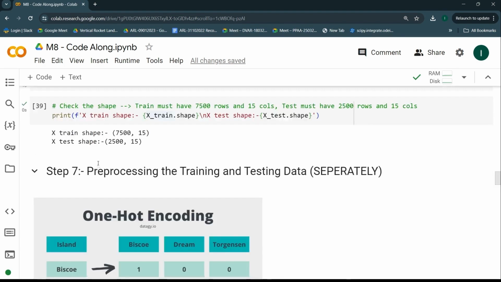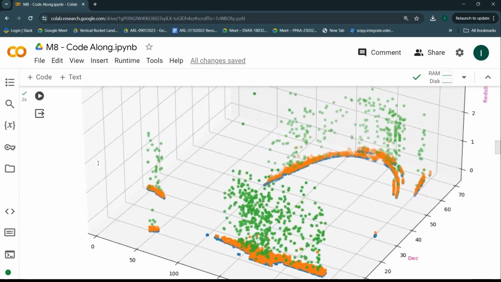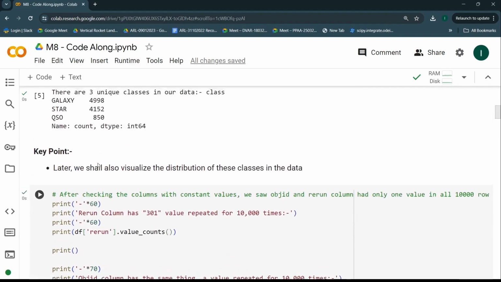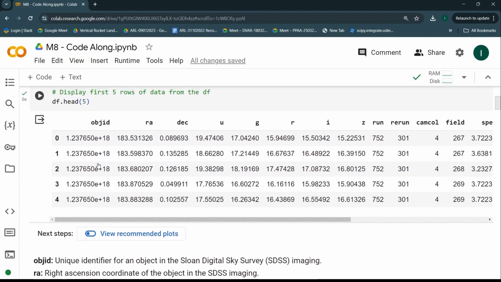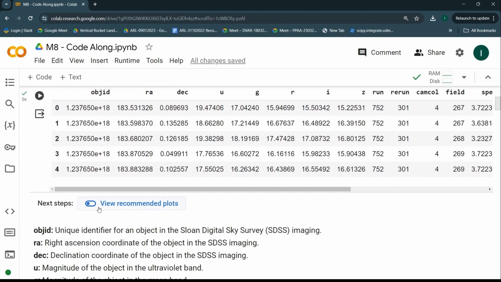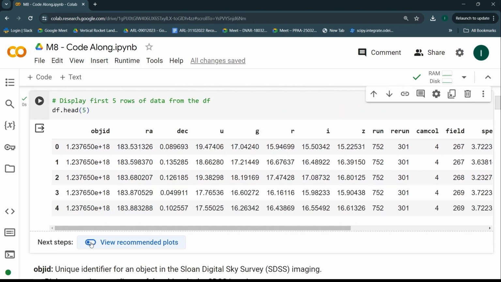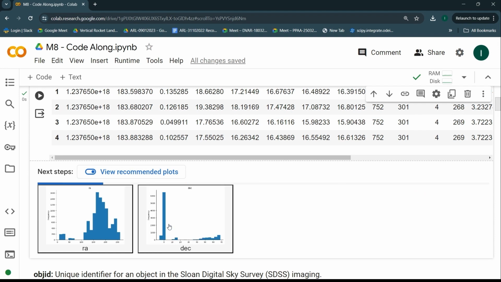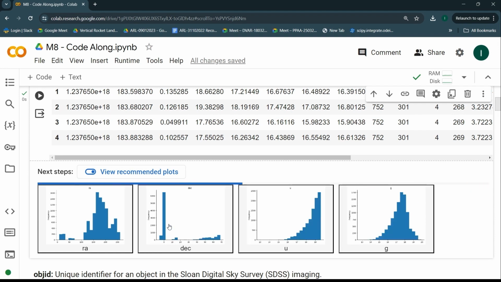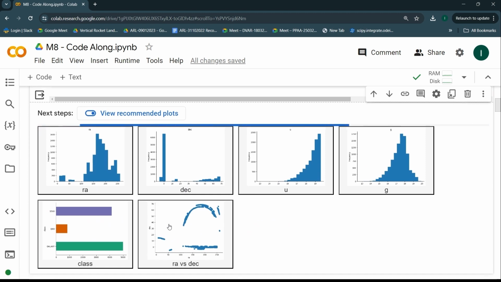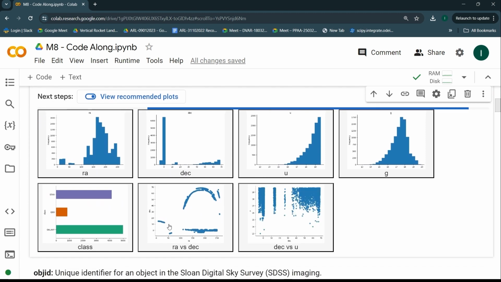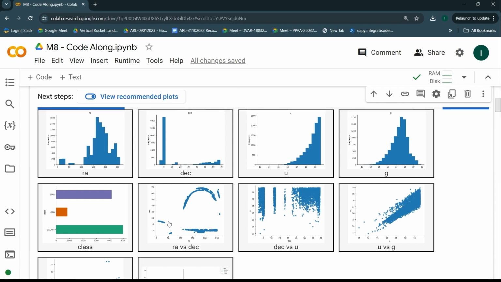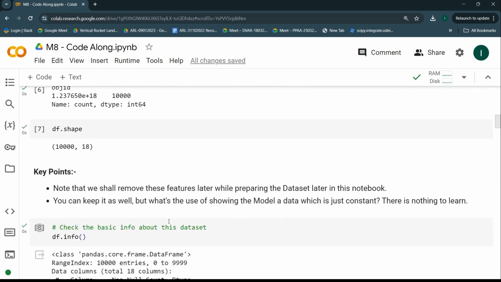You can also go and look into this. If I scroll up somewhere, when we have the whole data, I can click on this view recommended plots. Okay, it's going to generate some plots, and over here you will be able to see the complete distribution. You will see that not everywhere is it following the normal distribution, and that's the reason I'm choosing the min max scaler for all of the columns. All right, so I'll just again scroll down